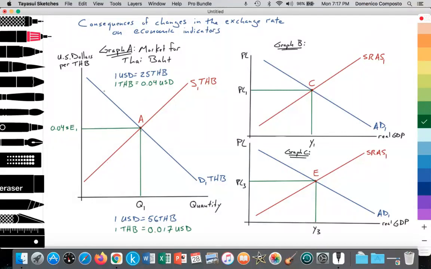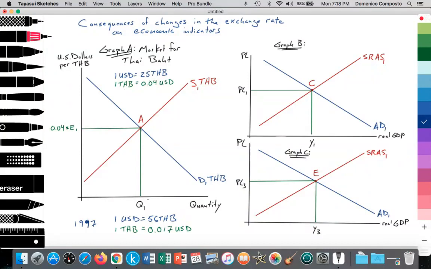The supply of Thai baht and the demand for Thai baht, S1 and D1, with the equilibrium at point A, establish an equilibrium exchange rate at E1, 1 Thai baht equivalent to 4 US cents, with the quantity supplied and demanded at Q1. Down here, we see that the 1997 Asian financial crisis led to the depreciation of the Thai baht once it went into a free float,